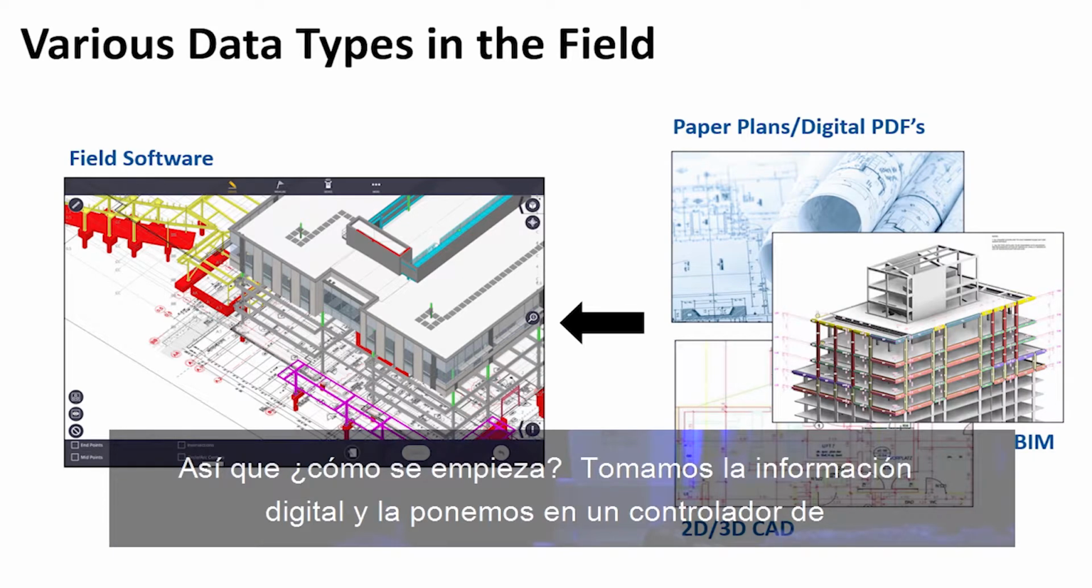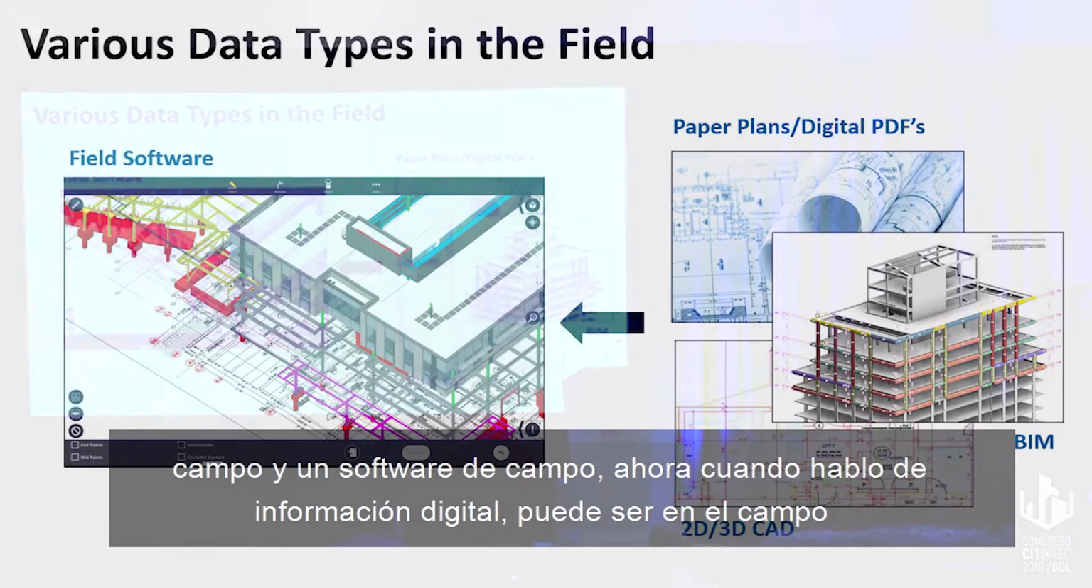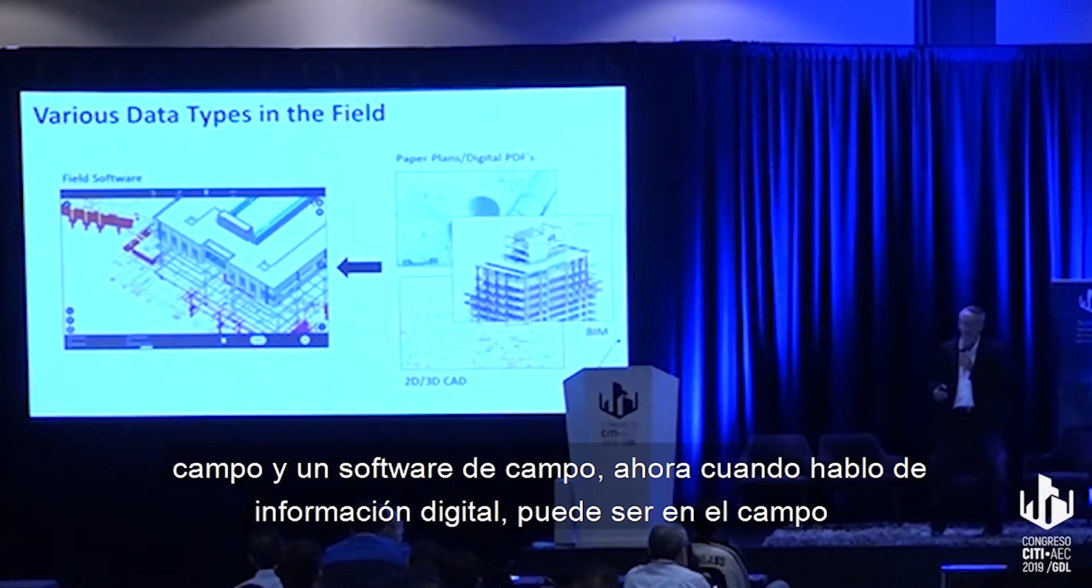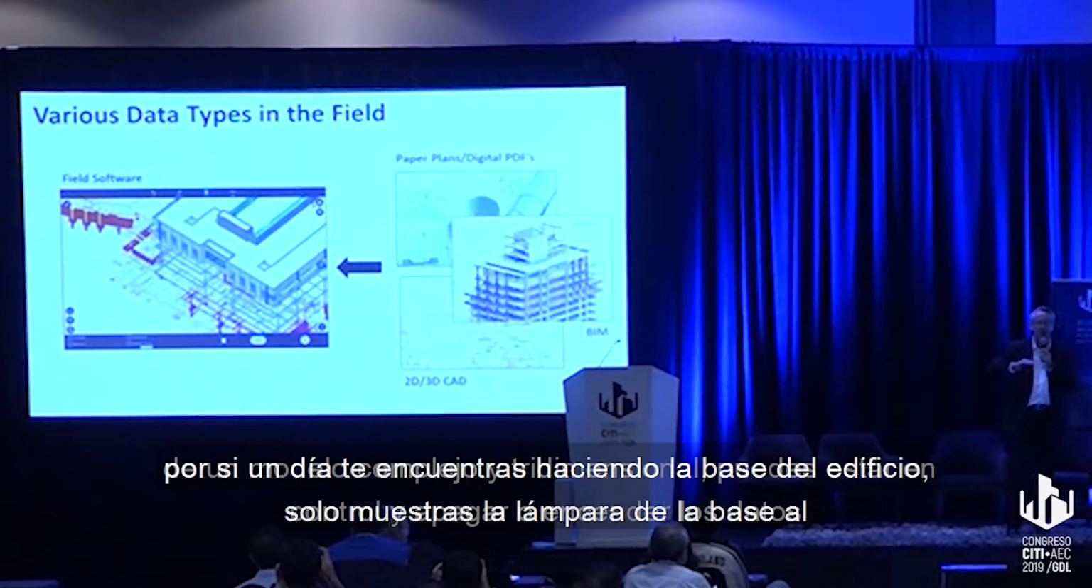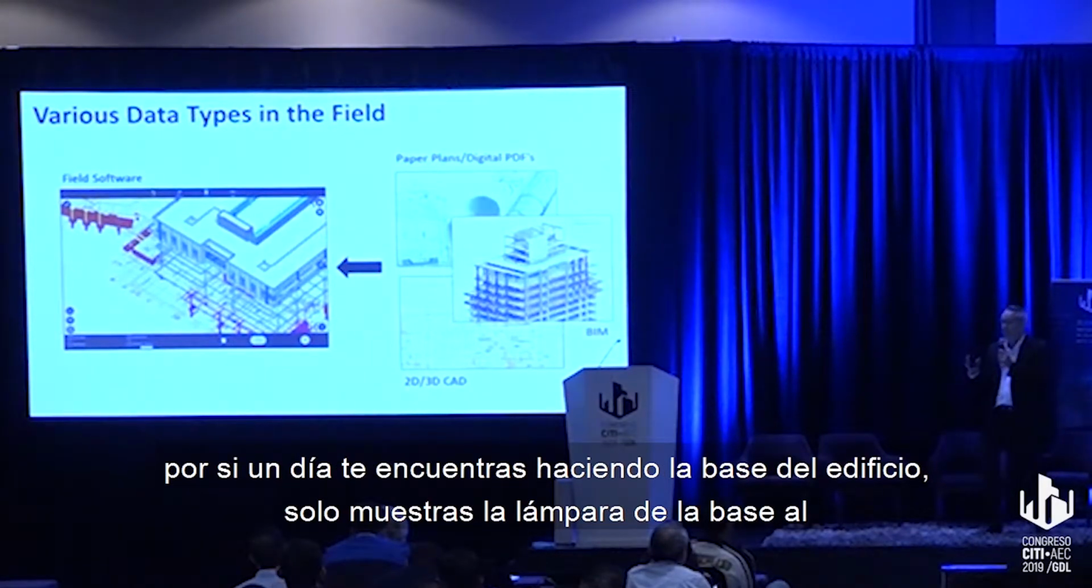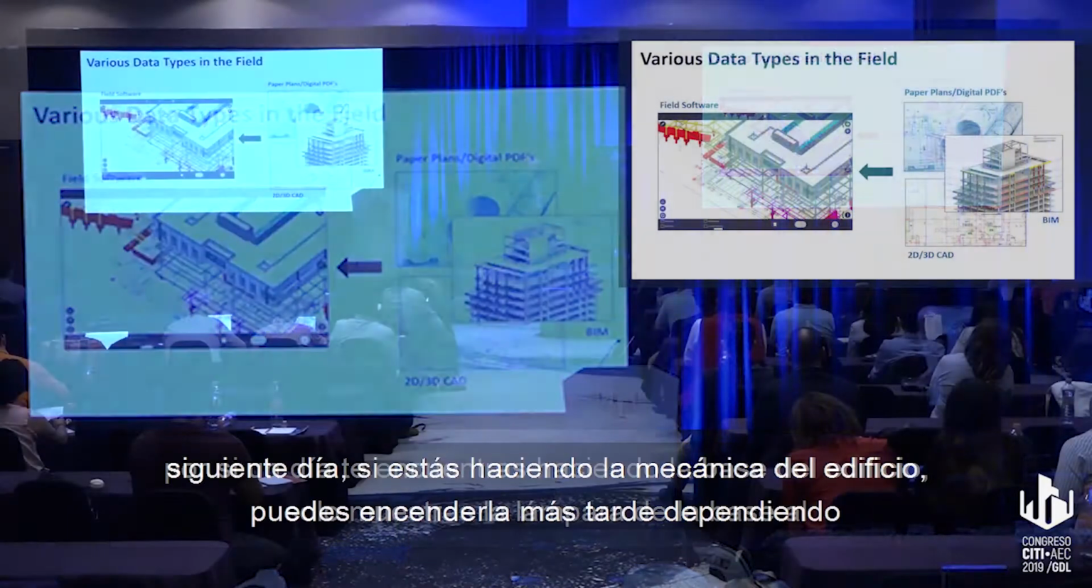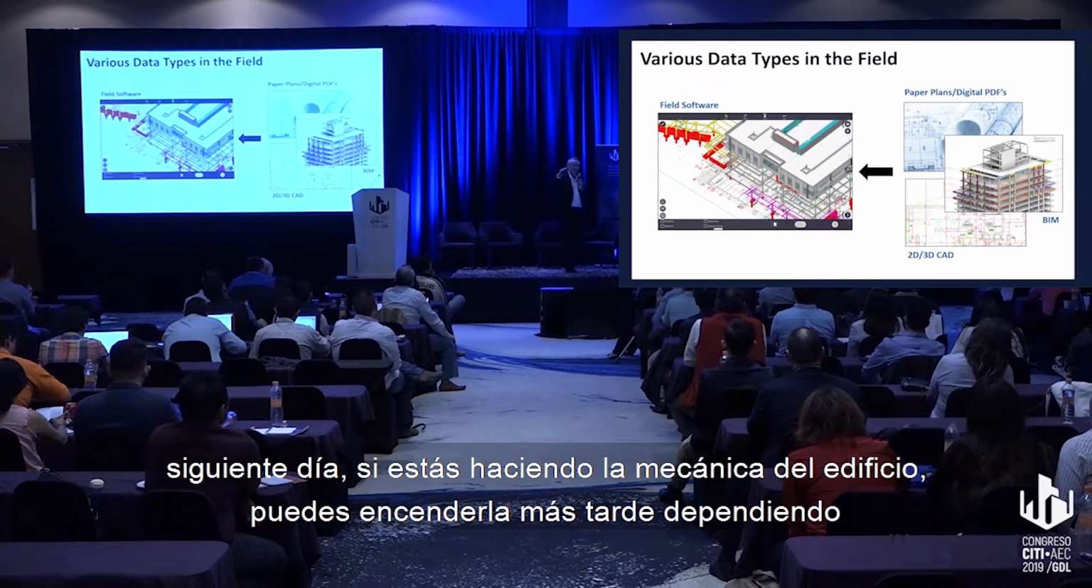So how does that start? We take the digital information and put it into a field controller and into a field software. Now, when I say digital information, you can have in the field a very complex three-dimensional model. The layers can be controlled. You can turn the data on and off. So if one day you're doing the foundation of the building, you just show the foundation layer. The next day, if you're doing the mechanics of the building, you can turn that layer on, depending on which